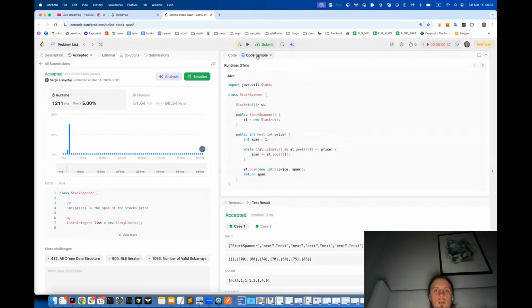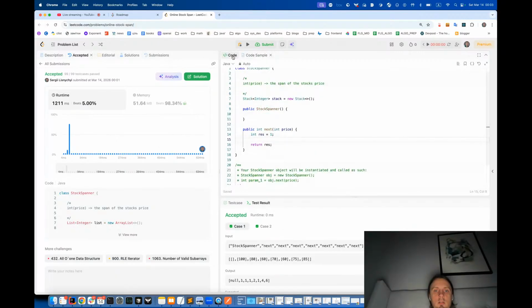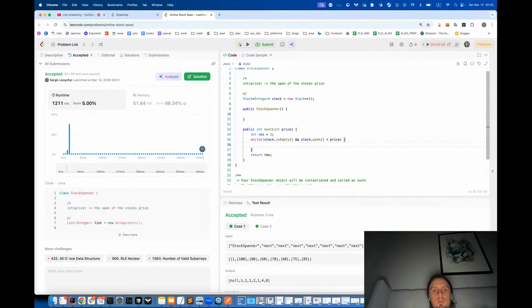And here we see that while stack is empty false, and stack peek is less than or equal to price,